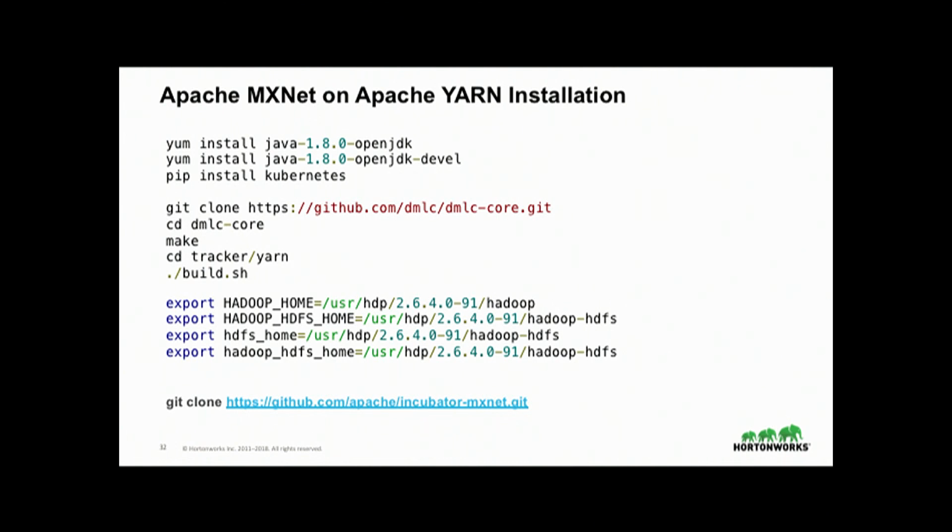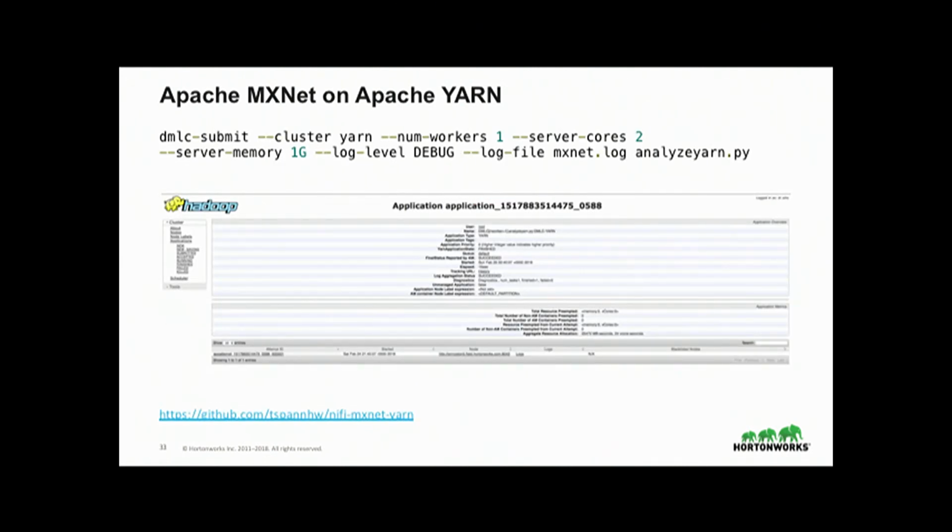But everyone likes Kubernetes. This same deployment script, you go to CD Tracker Kubernetes, and you could do the same deployment for this MXNet script that you ran on a Pi, a laptop, a Unix server, and now I could deploy it to Kubernetes and Yarn without any heavy lifting. There's no UI. It's a very simple command line thing you have to do. This is as hard as it is. If you've done Spark, that looks really familiar.